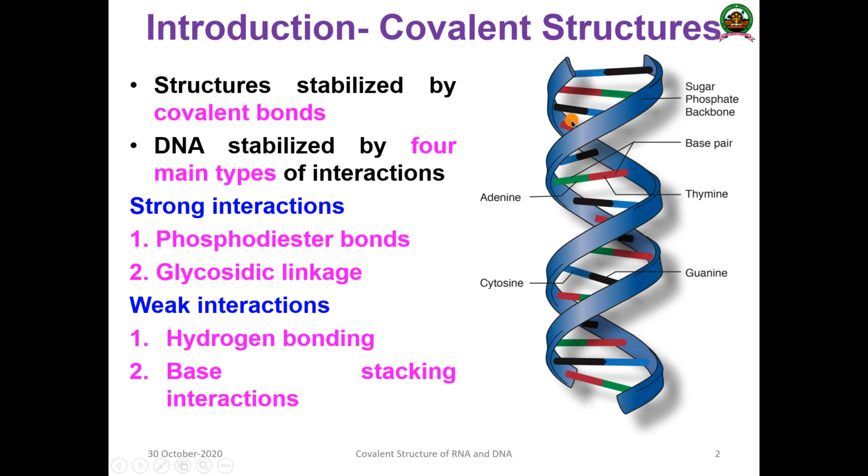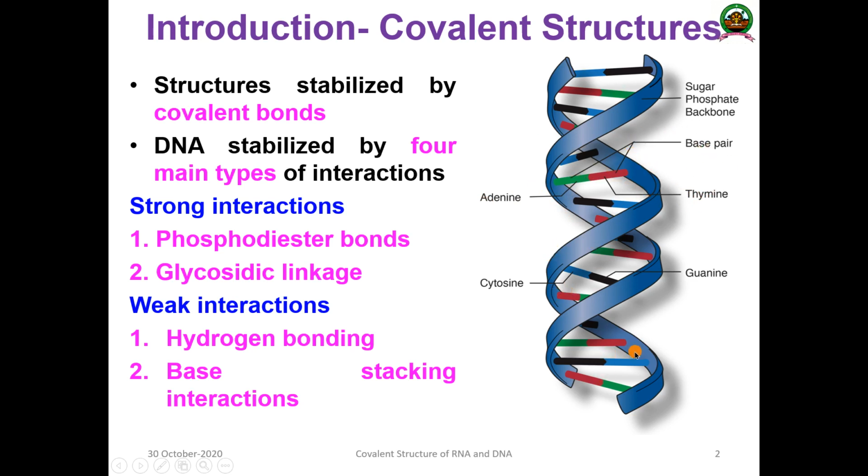One strand is oriented in the 5' to 3' direction, and the next is just opposite, in the 3' to 5' direction. These are the sugar phosphate backbones, and these two backbones are connected by the nitrogenous bases, which are purines and pyrimidines. Purines are adenine and guanine, and pyrimidines are thymine and cytosine in the case of DNA. The pairing between adenine and thymine is known as base pairing.